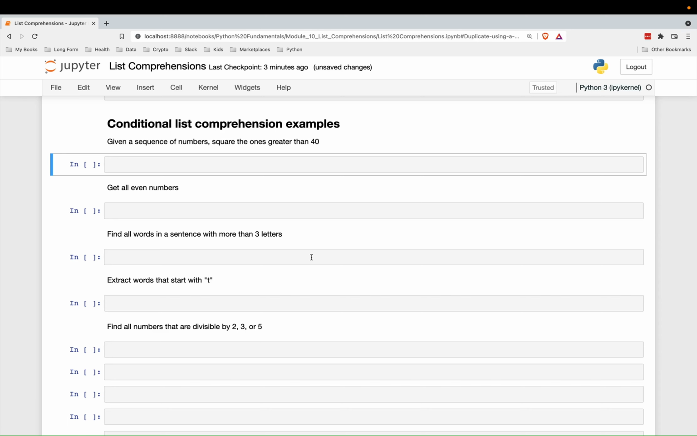We're now going to look at conditional list comprehension examples. Given a sequence of numbers, square the ones greater than 40. Let's start off with our list. We are going to iterate through some range of numbers, from 0 all the way to 50. There's our for loop in the middle, and our condition will come over here: if i is greater than 40,